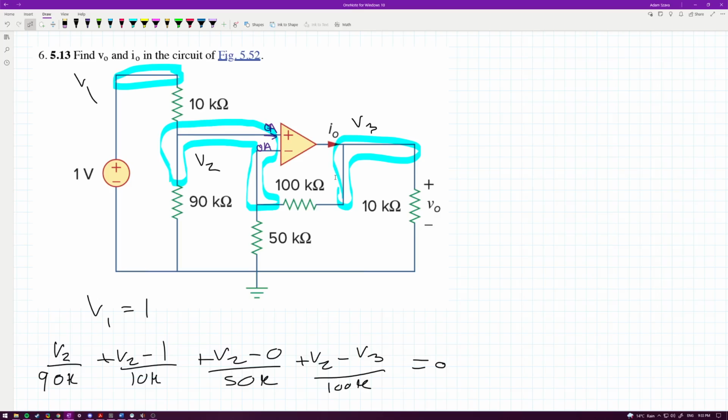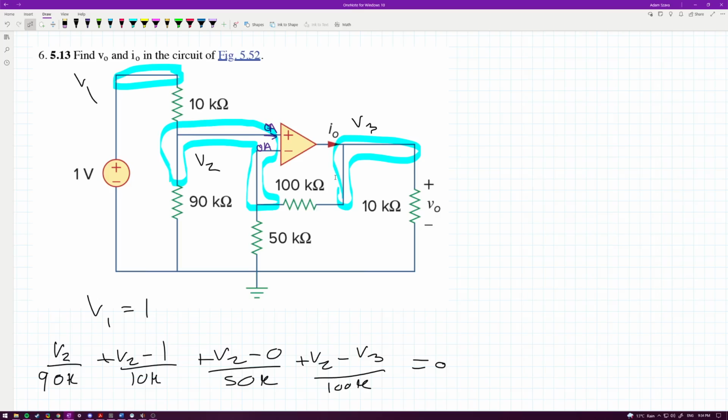Could we also start thinking inside the amplifier? We don't know any of those resistor values. They don't give us those resistors inside. So I think we just assume it's ideal. Yeah, you assume it's ideal for sure. So if it's an ideal situation, does that